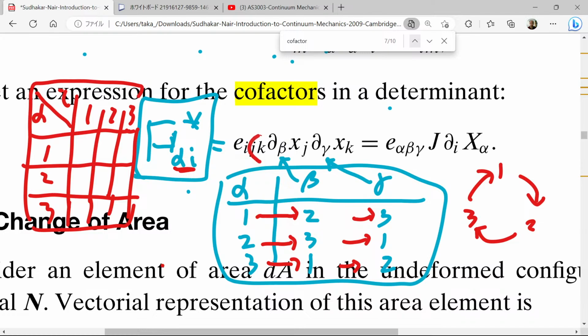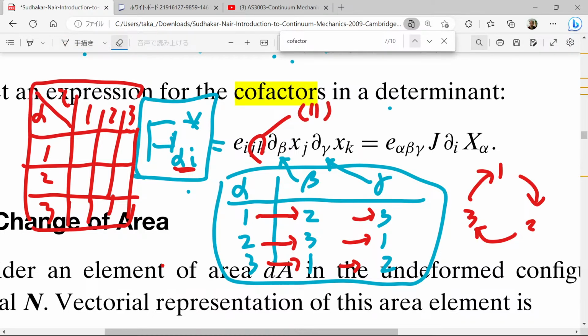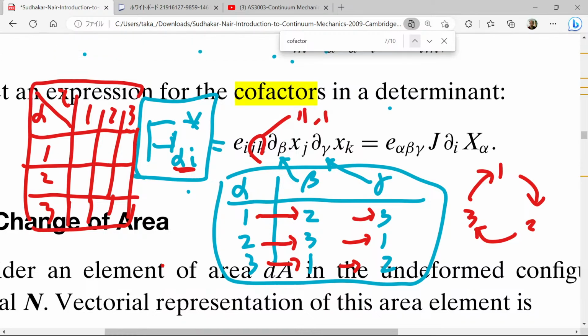So for JK, you have 1,1; 1,2; 1,3; 2,1; 2,2; 2,3; 3,1; 3,2; 3,3. So you have 9 combinations for